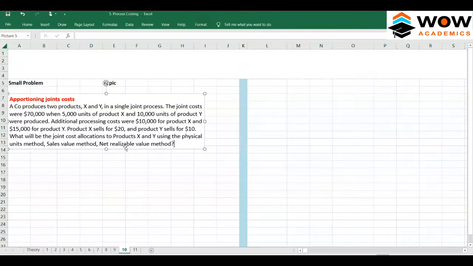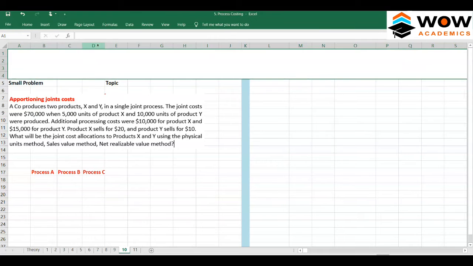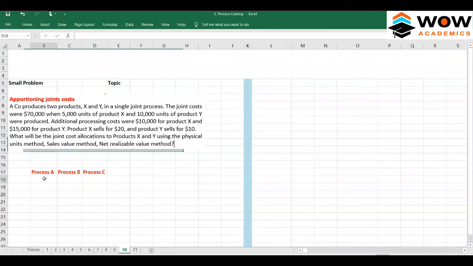So if you see here, normally when we do process costing, process costing moves like this. We have a process A, then we might have another process called B, then it moves to a process called C. So that's how it usually moves. But sometimes what happens,